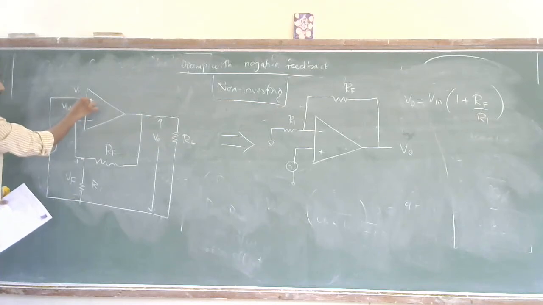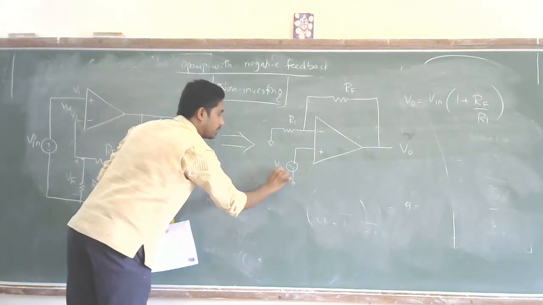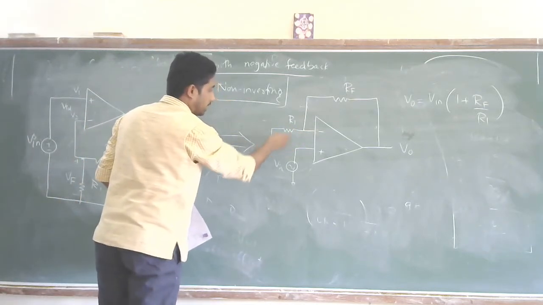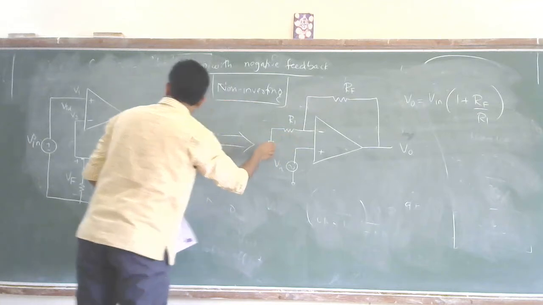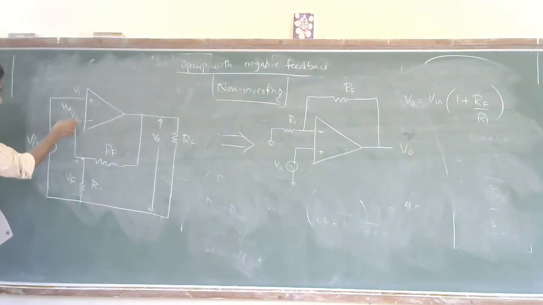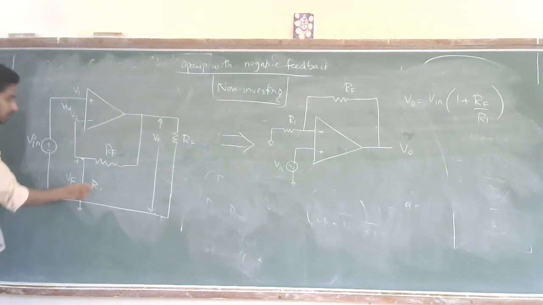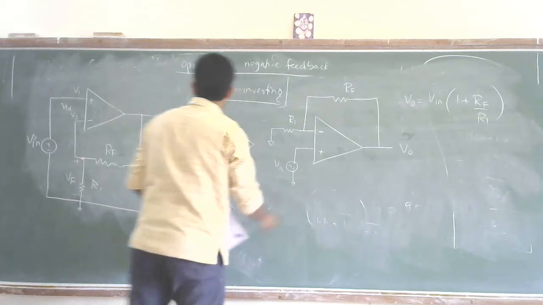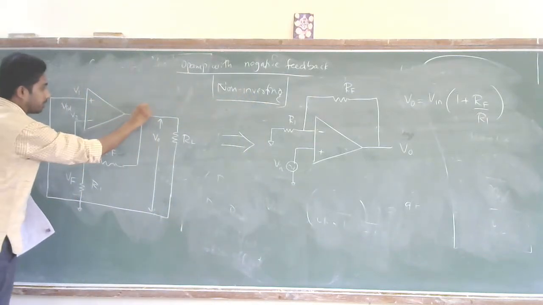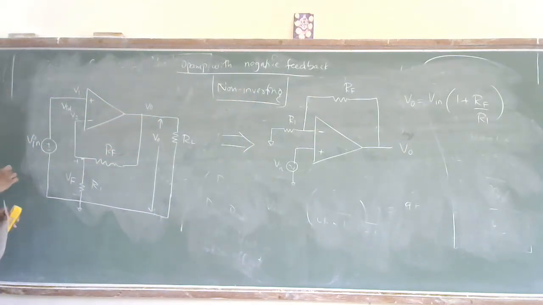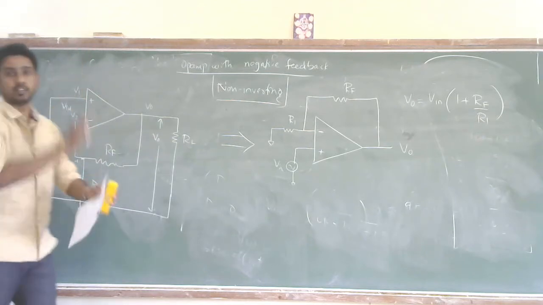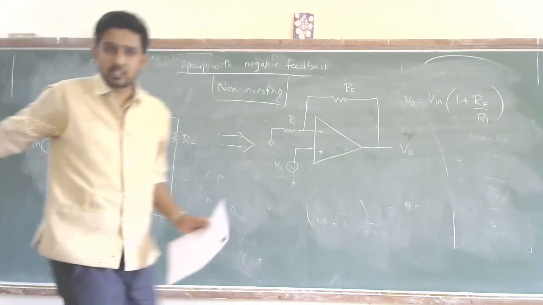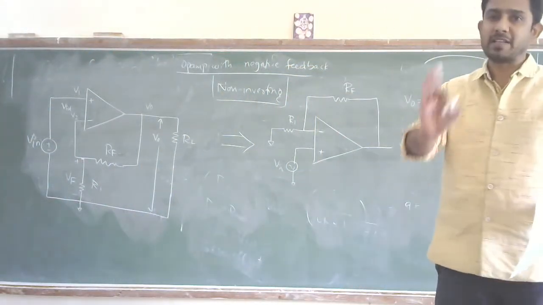Now, input is here, positive terminal. In the negative terminal, you have connected R1, and R1 is connected between the negative terminal and the ground. This is my ground. And where is your RF? RF is connected between output and the inverting terminal, that is the negative terminal. So here also RF is connected between output and the inverting terminal. The only difference is they have tilted this circuit upside down, and that has resulted in this kind of circuit. So nothing to worry, this circuit is the same circuit that you have learned in your basic electronics course.